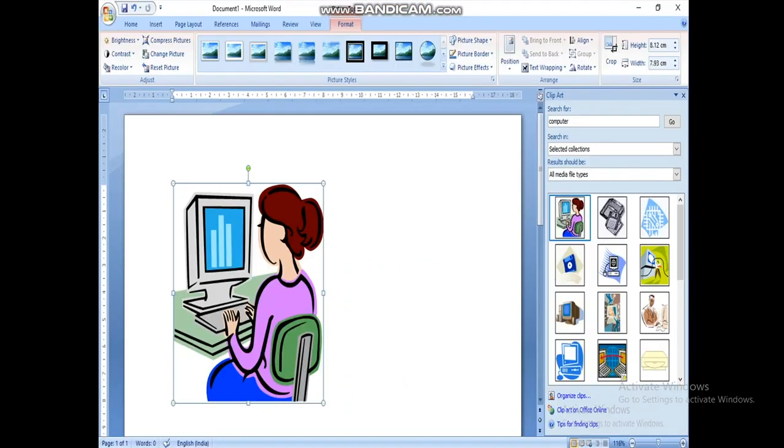As I have done in this next slide, you can see. You have to write here in the search for field, like I have written computer, then click on go and the images will come here. Then you have to right click, the drop down arrow will come and then you will choose the option insert and the image will be inserted into your document window. So this was all about inserting images from a file or from the